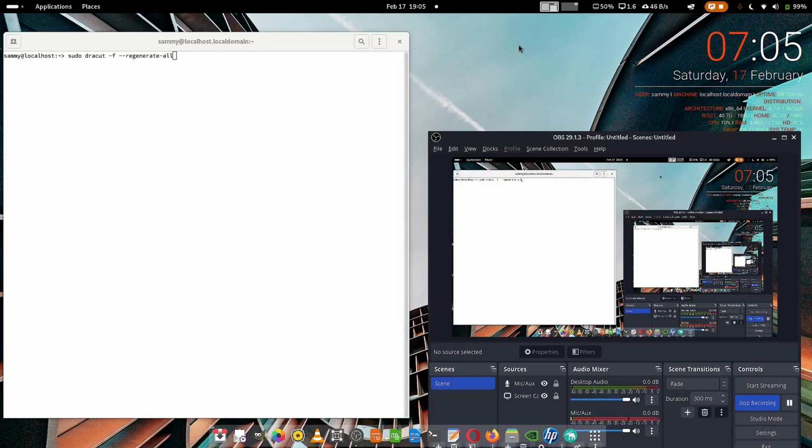Welcome back viewers. In today's video we are going to see how to regenerate the boot image, or the initramfs, for the Linux distribution. Different Linux distributions have different methods to regenerate the boot image or the initramfs. In OpenSUSE we are using Dracut. It is an application to regenerate or create the boot image. In Endeavour it is using mkinitcpio. Both work, and Dracut is the latest one, so it is considered better than mkinitcpio.